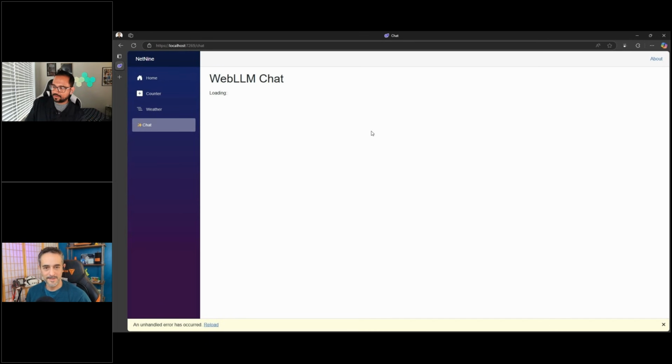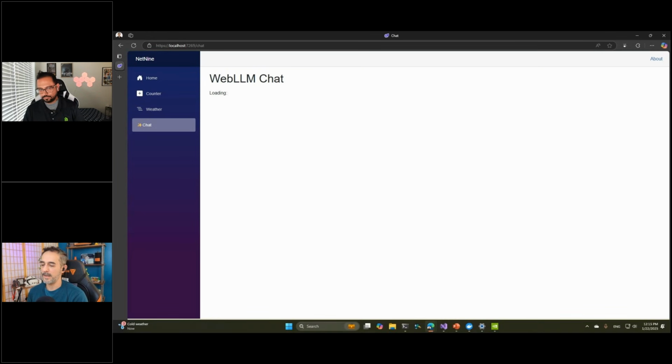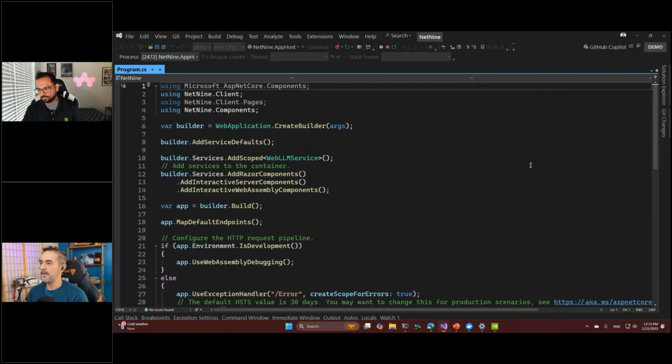These things are going to get faster. Our hardware is going to get faster. I think we'll see a day where these things are not only embedded in the browser because we brought them there, but companies like Google are experimenting with including them in the browser by default. So we may actually see APIs surface in the browser where we can just chat directly with a large language model and not have to make any calls outside of the browser APIs themselves. So just doing a little bit of forward thinking here, trying to pull one in, and I'm getting an exception because it can't find the